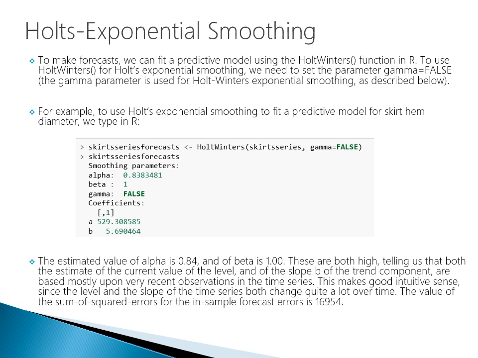The value of the sum of squared errors for the in-sample forecast errors is 16,954. So when we look at the shape of this graph and we see that it looks like a roller coaster and it's constantly evolving, what we're finding is that the alpha and beta values being close to 1 in this example are looking at closer, more recent observations when it's making its projection moving forward. And this makes sense when we look at the data.